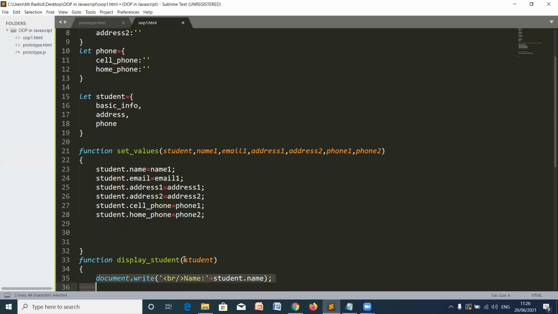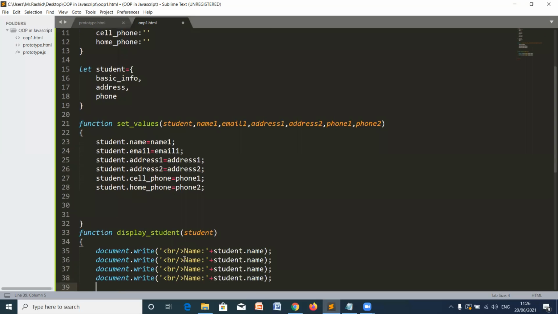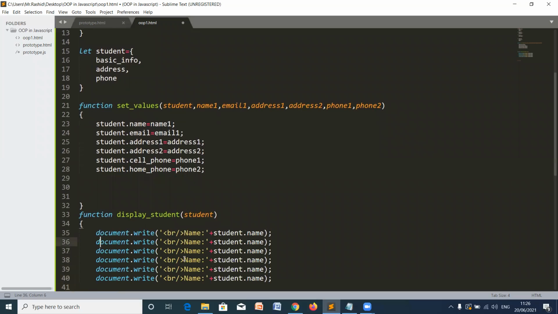I should copy this, Control C and Control V: name, email, address 1, address 2, phone 1, phone 2. So name is this, email is student dot email, and address 1 is student dot address 1, and address 2 is